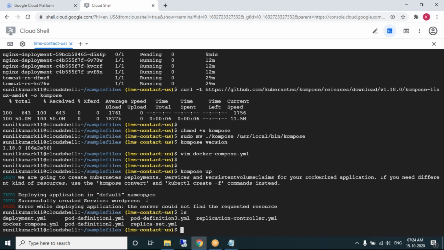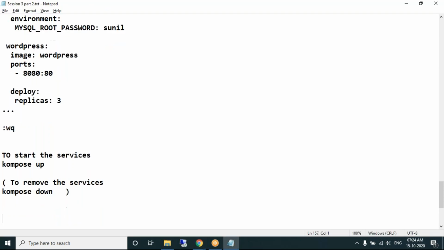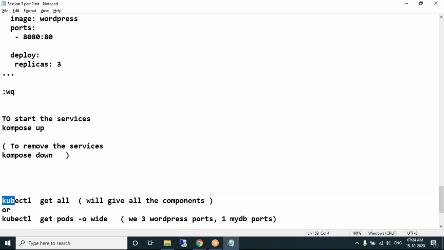Deploying application into default namespace. Let's see. We should have 3 WordPress pods and 1.